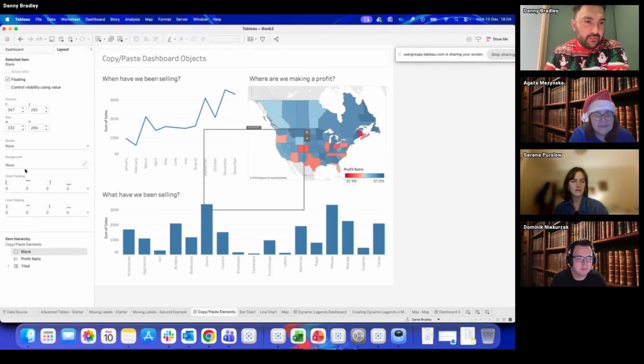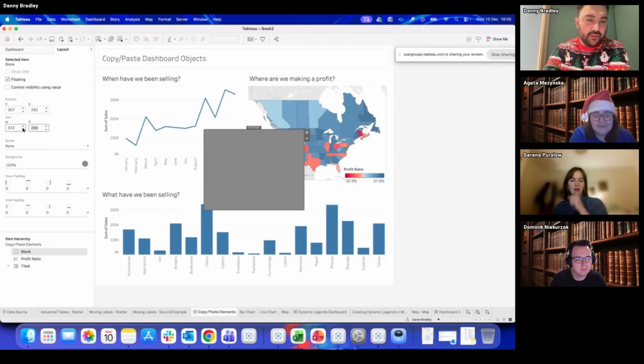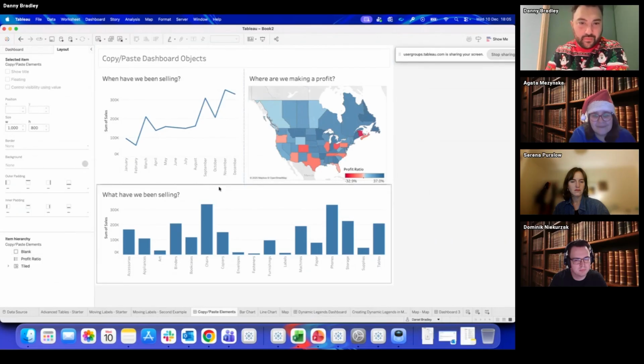I can then give it a color of this sort of gray. Okay, and then I can change the pixel height. Let's change the height of it to 1 pixel. Okay, now I'll put that into position somewhere around here. I'll drag it out, and I've now got a nice little break, okay, in there,